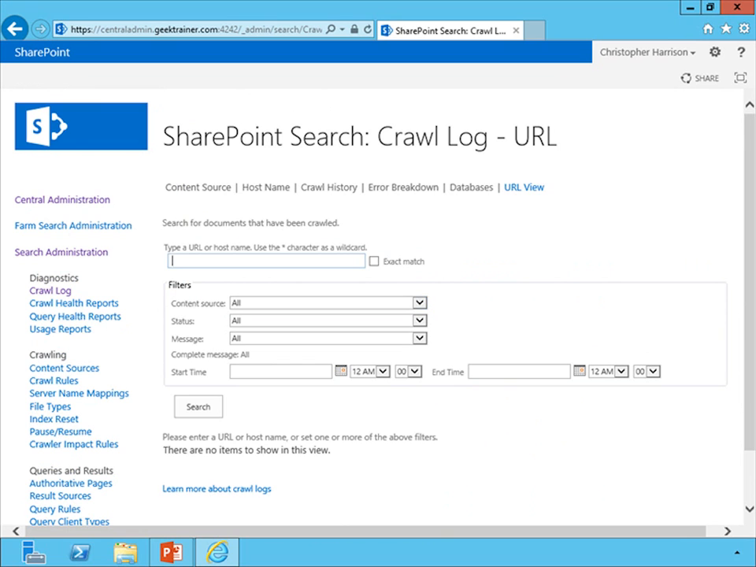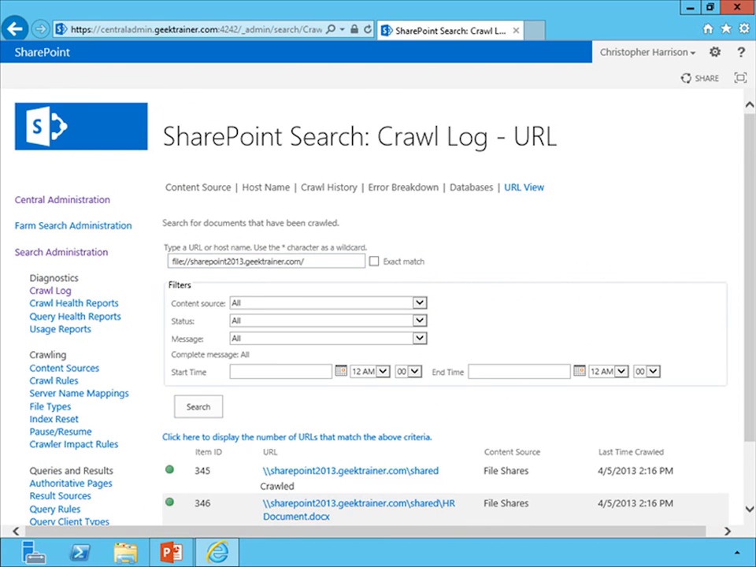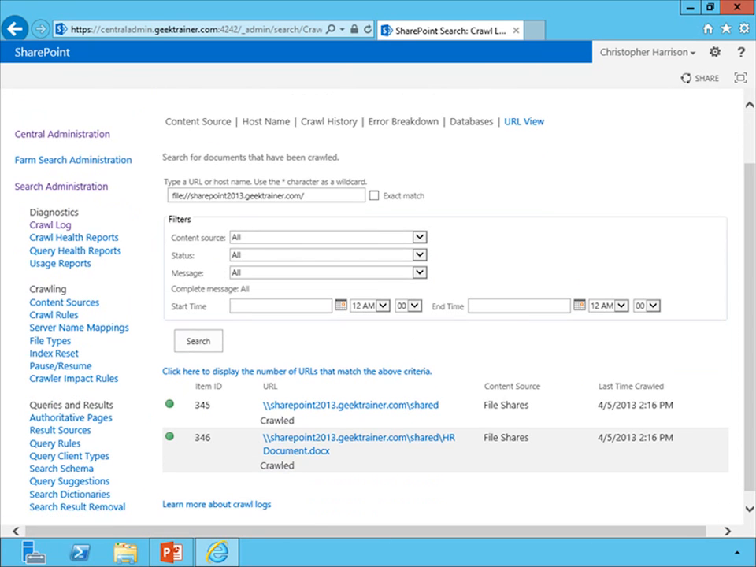And then inside of here, I can just type in the URL that I'm interested in. So I'm looking for the file share on SharePoint2013.geektrainer.com. So I go ahead and I say file, whack, whack, SharePoint2013.geektrainer.com. And I'm going to click search. And now what you're going to notice is that this will give me information about everything that it found inside of that environment. So it shows us that it crawled the shared folder, and it shows us that it crawled